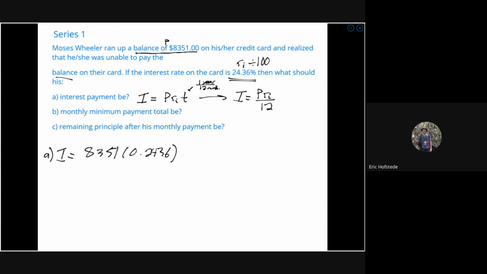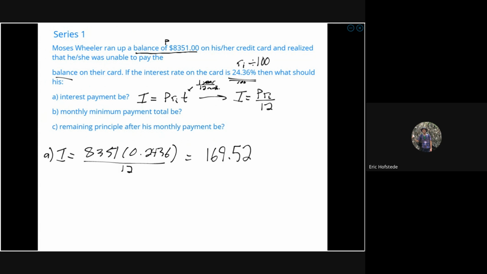Divide that by 100, 24 divided by 100 is 0.24. And then I could take that answer and divide it by 12. Let me punch in the calculator: 8351 times 0.2436 divided by 12 is an interest payment of